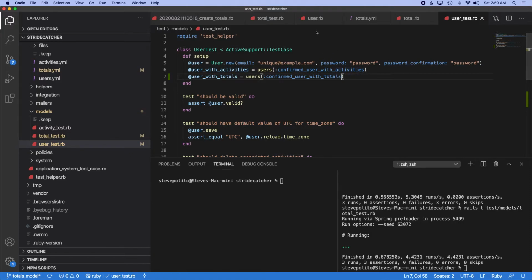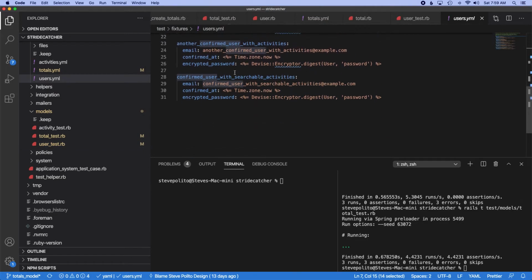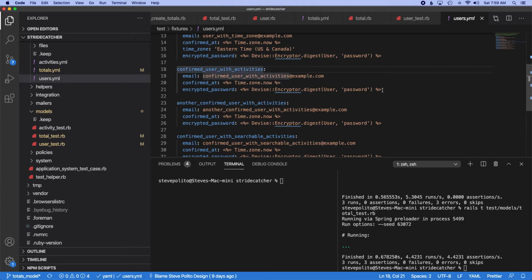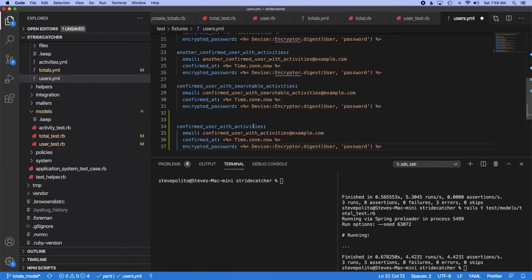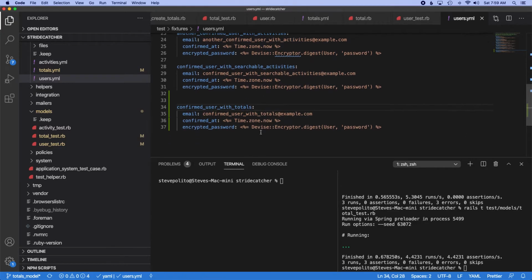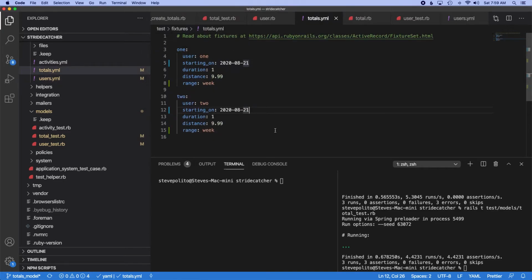I don't think that user actually exists yet. So confirmed user with activities, we'll just copy this. Confirmed user with totals. So we have that, and then if you go to totals, we can just do